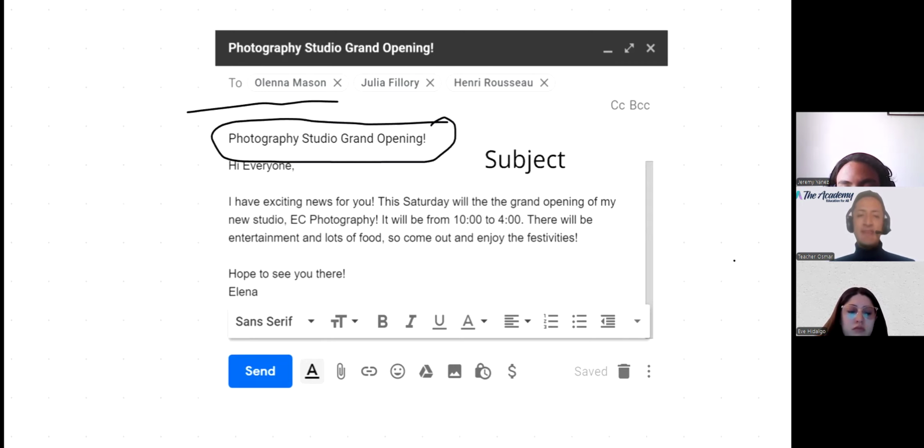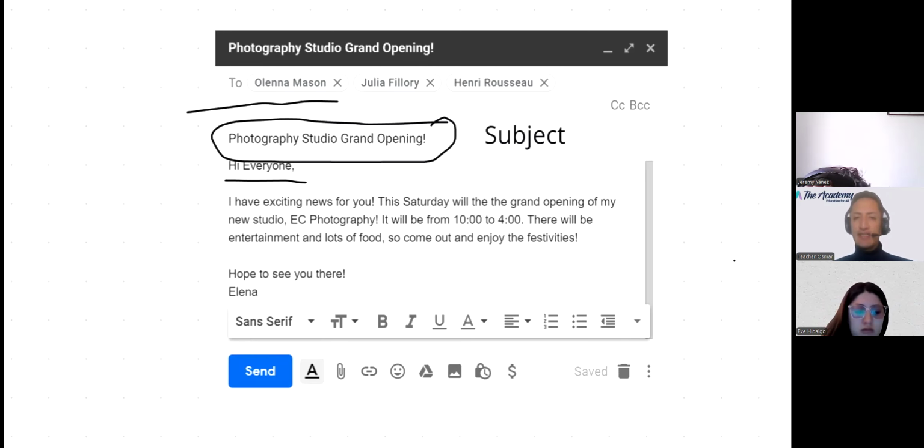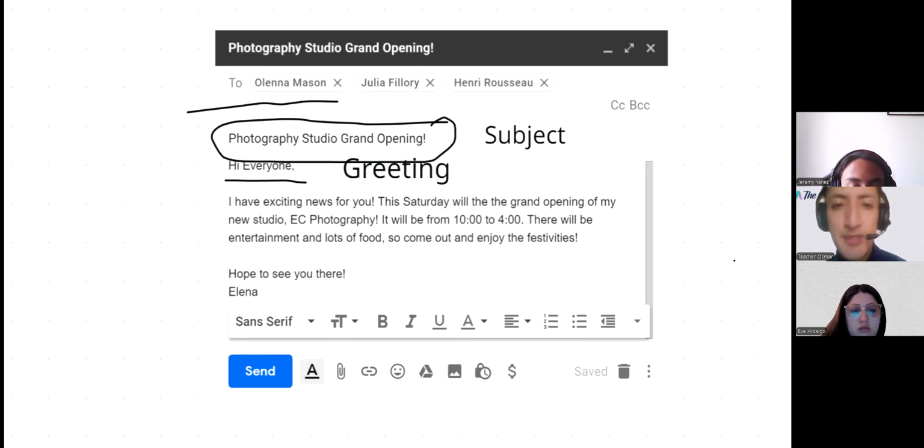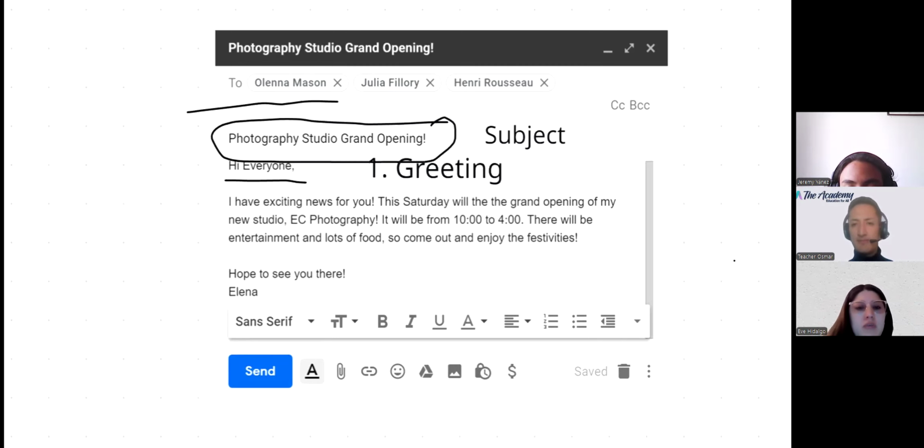Subject. Then, my dear students, the body of the email is divided in 3 sections. Number 1, "Hi everyone." Actually, we can call this a short greeting. Siempre empezamos con el greeting, con el saludo, okay? The first part of the email, remember, greeting. Usually, "Hi Jeremy, hi Eve, I hope you're doing well at work. I really want you to be very happy at work." That is the first part, okay? Number 1. Number 2, let's scroll down, let's move on here.